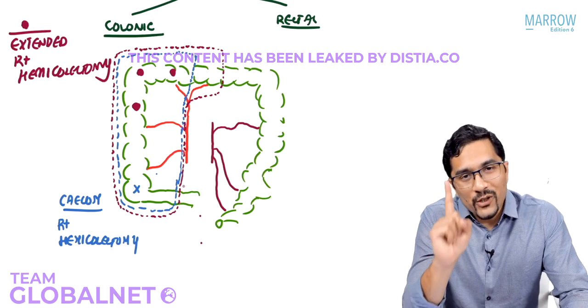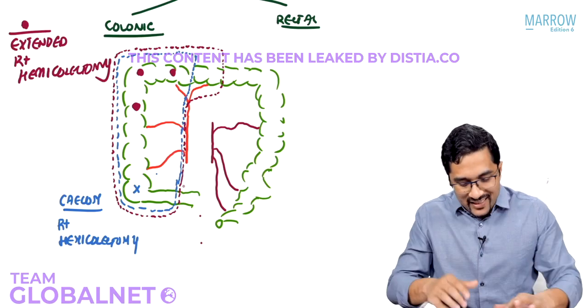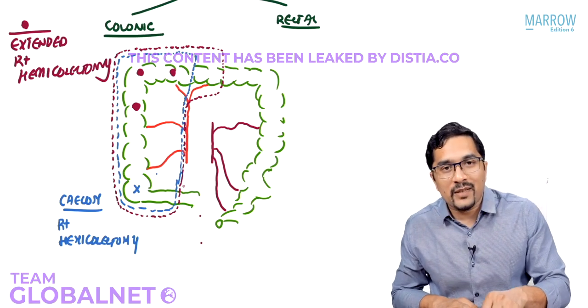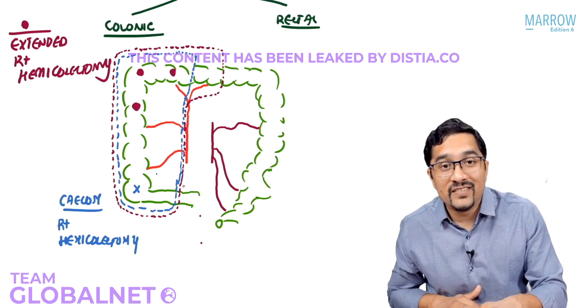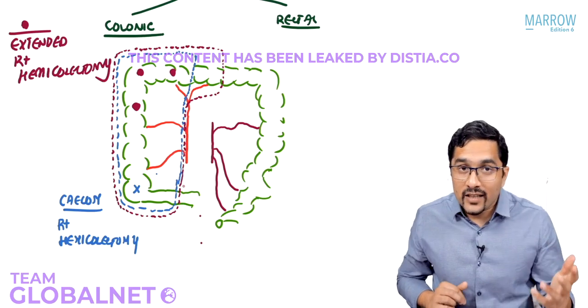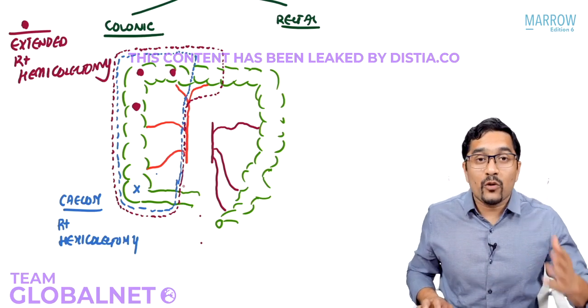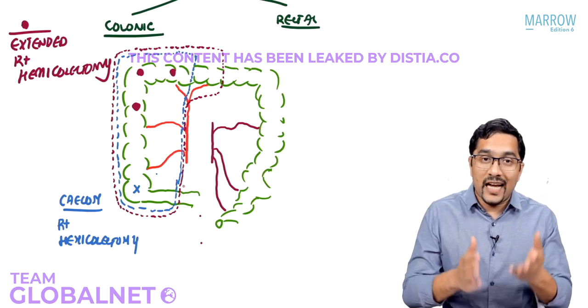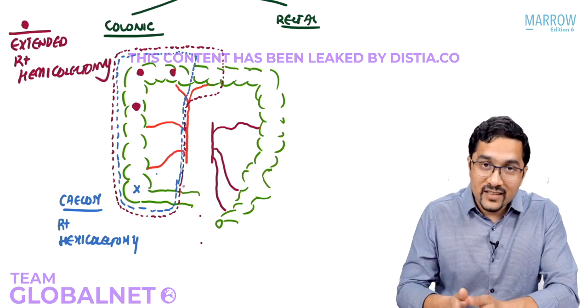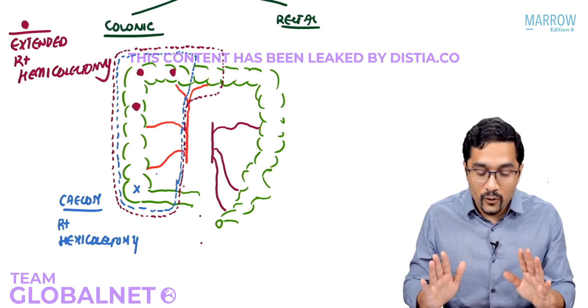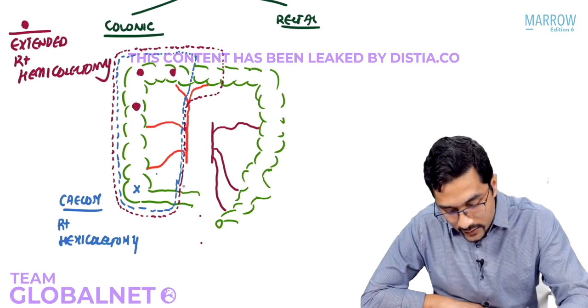But I want you to observe a problem here. Now, what I've resected, now the ileum has to be anastomosed with which area? With the splenic flexure. And what did I tell you? The splenic flexure has dicey blood supply. So would I want to take a risk of anastomosing the ileum with the splenic flexure which has a dicey blood supply? No. So some surgeons, what they do is,